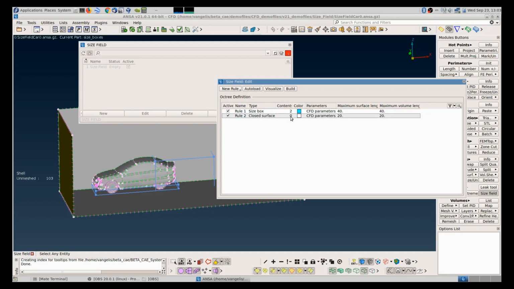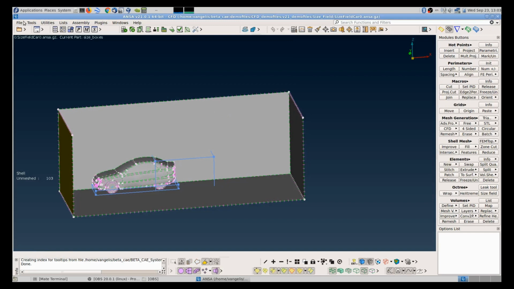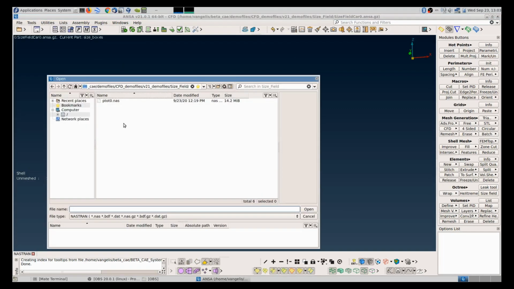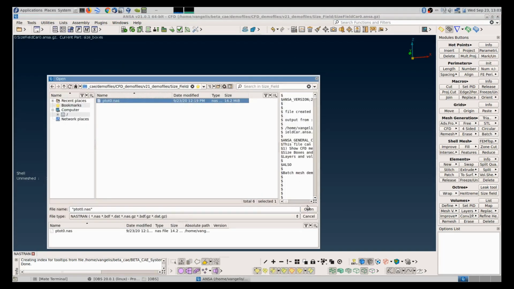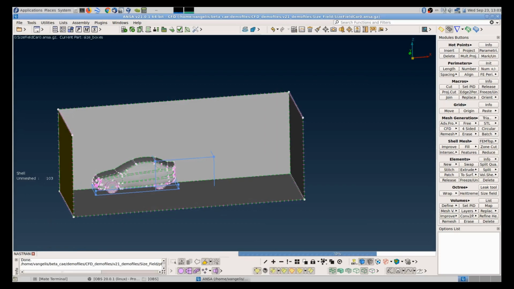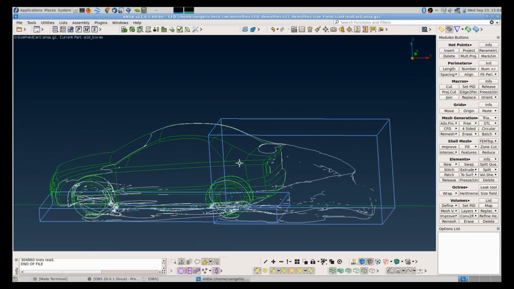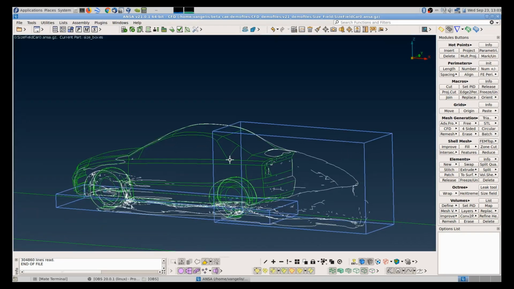Now, as a closed surface, I need usually to import some isosurfaces from initial CFD simulations, and I will do this now. I will input an Astran file of an isosurface of total pressure equals 0, and you will see that this isosurface has this shape.